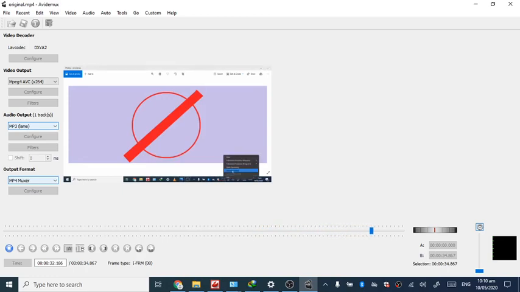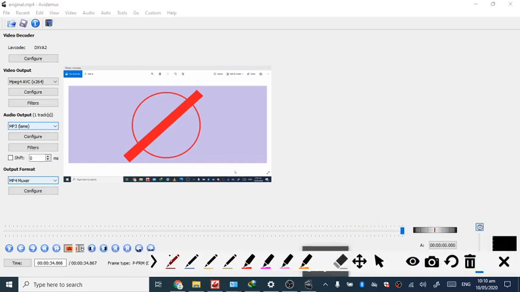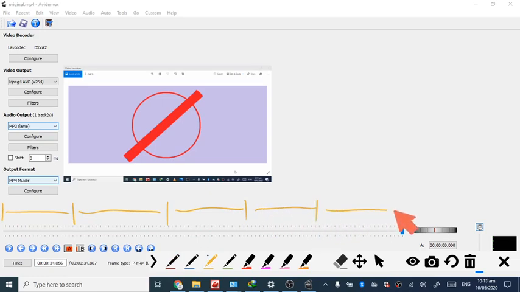So the strategy we will follow would be like that: we have several portions to work with, and first one is video 1, we need to keep that. Second one is video 2, we need to keep that too. But third one is error. Now we want to remove this, and then we have video 3, we want to keep that, and then another errorless portion, and we want to delete that.